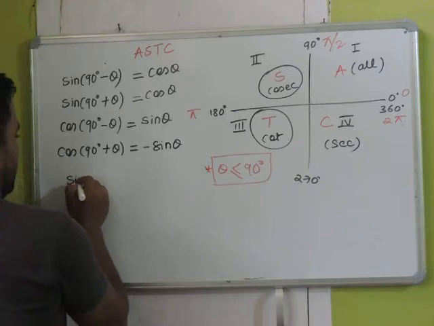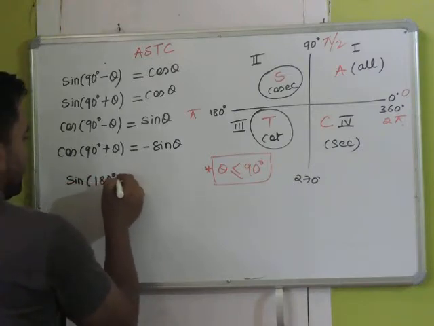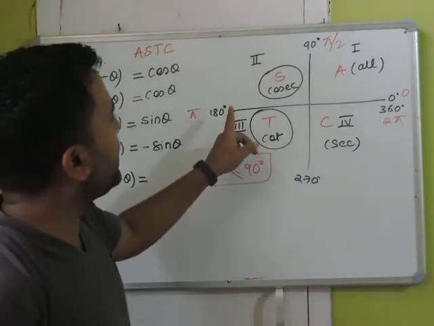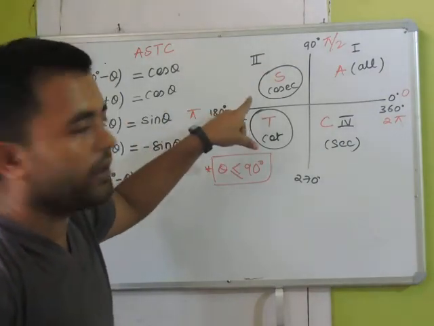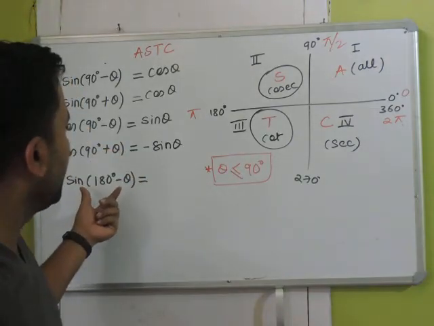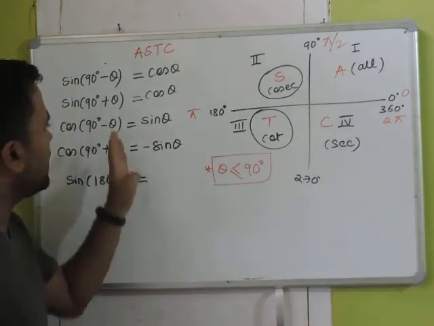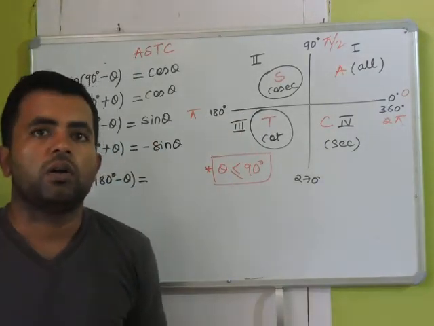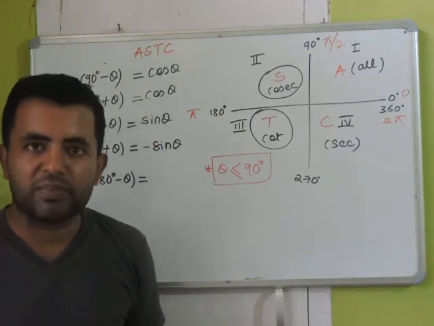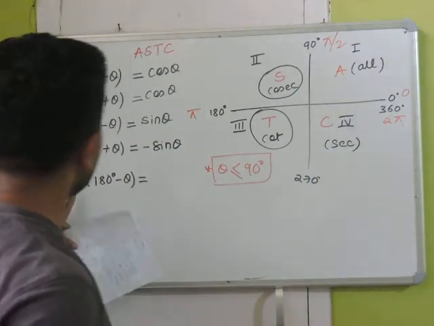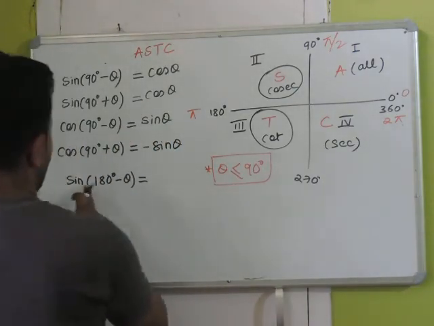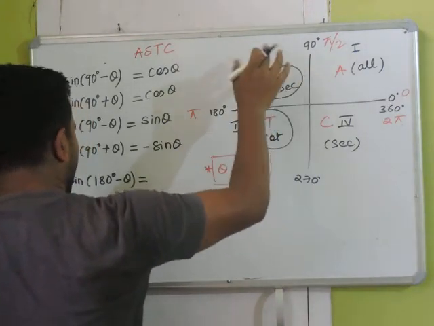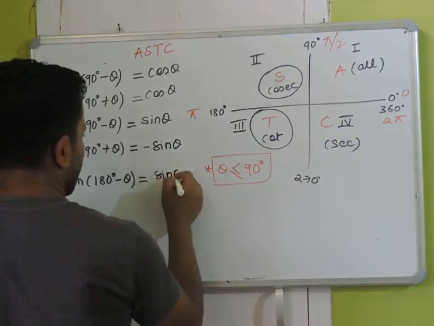Now moving on, what is sine 180 minus theta? Let us predict this. Sine 180 minus theta means you will be in this quadrant, and as we talked about, the nature of the function will not change. It only changes at 90 plus minus theta or 270 plus minus theta. At 180 degree it does not change. So for sine 180 minus theta, sine will remain the same. It is in the second quadrant, so it's positive. It turns out to be sine theta.